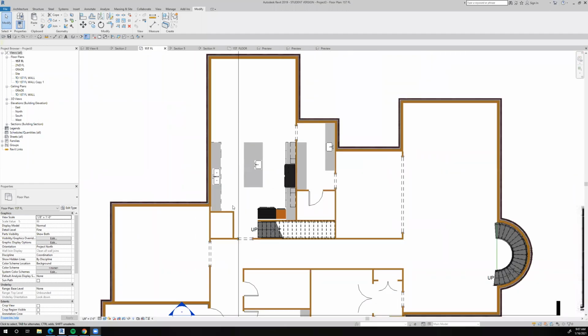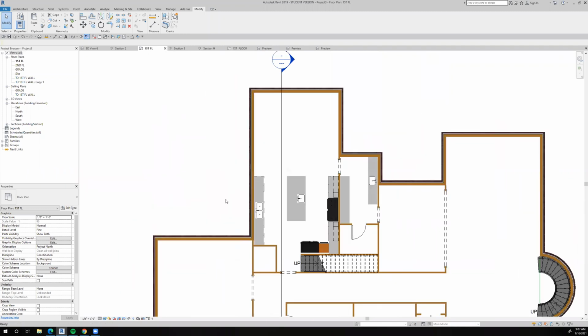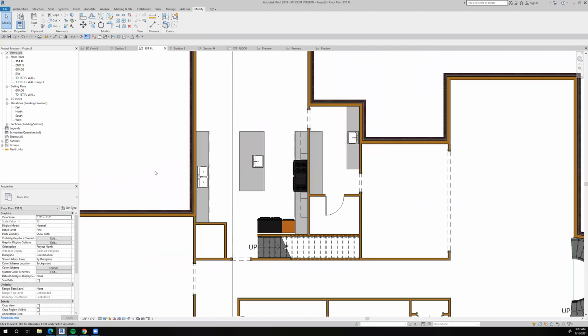All right, so continuing the fine tuning of the floor plan. And this is why, if you've been watching some of the previous videos, you've seen me say, well, I know this isn't going to work, but I'll deal with it later. And this is the part where we start dealing with those